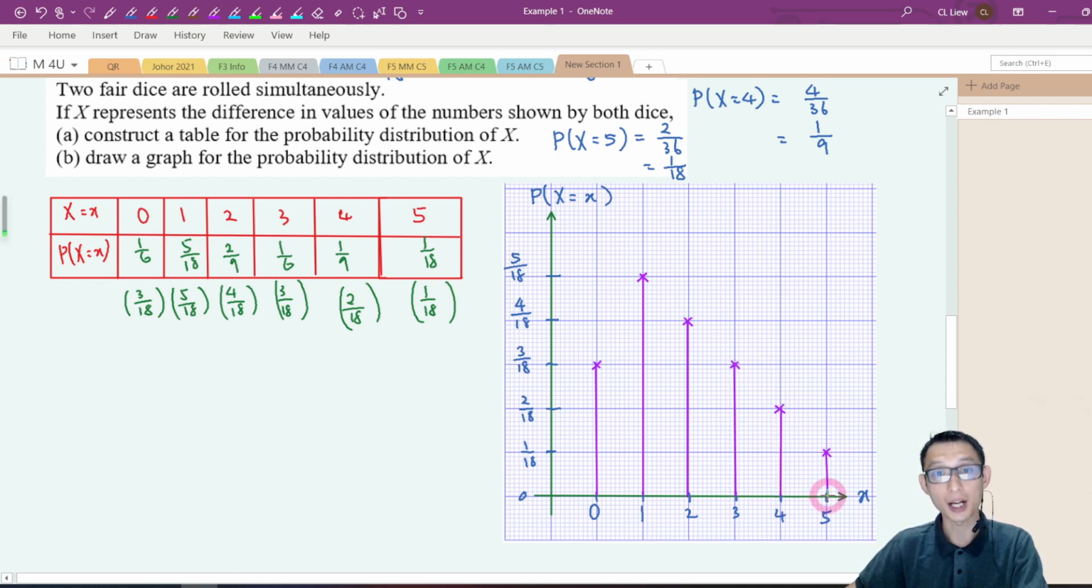Okay, so if you want to double check again, you can find the sum of all these values. It should be equal to 1. If not equal to 1, it means that we changed it incorrectly. Okay, so this is the answer for